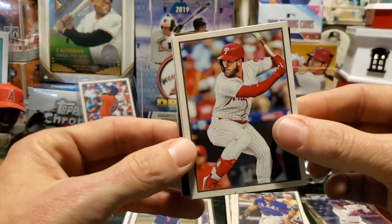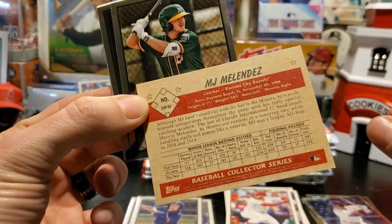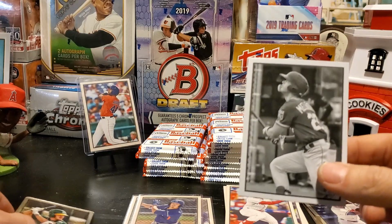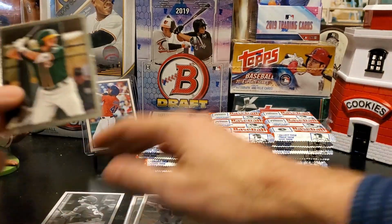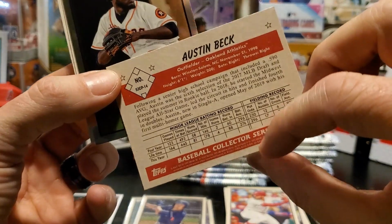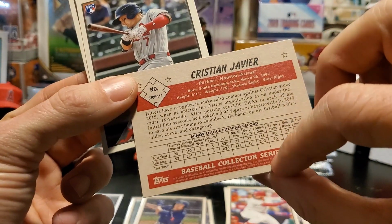That obviously is Mr. Bryce Harper. And here's another black and white parallel, and this is going to be MJ Melendez of the Kansas City Royals. So a nice black and white parallel. We'll put our black and whites over here. I don't know what I did with the last one, but we'll kind of separate these out. Here's an Austin Beck for the Athletics. That is a chrome. And then this is going to be Christian Javier of the